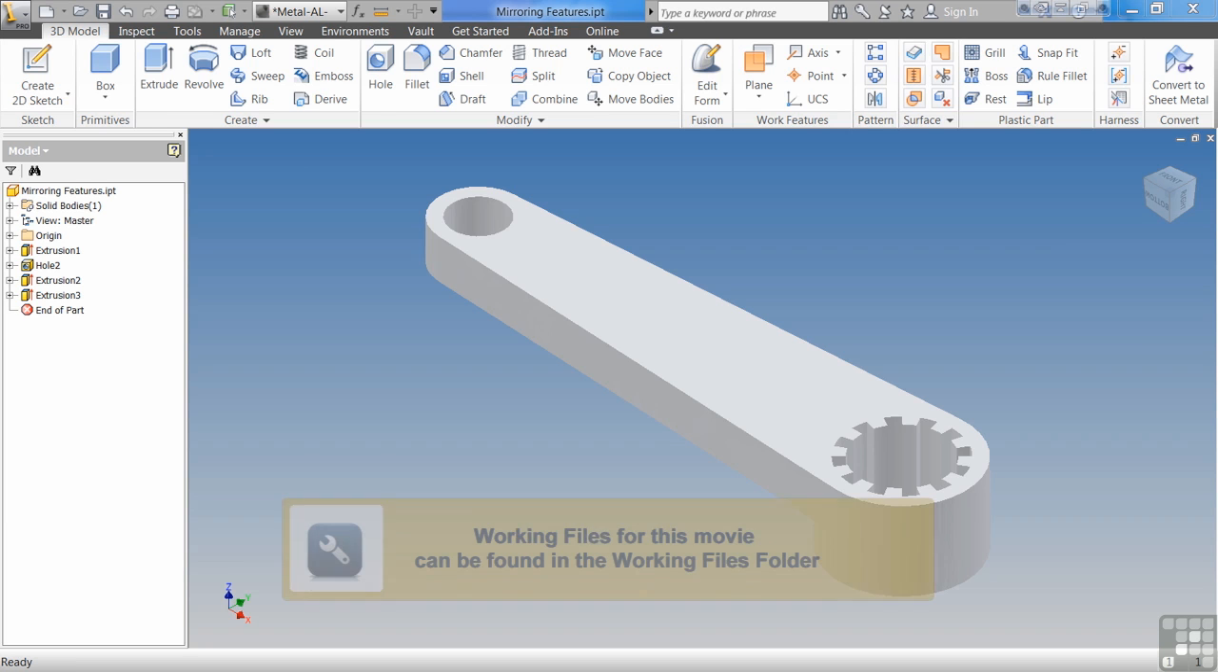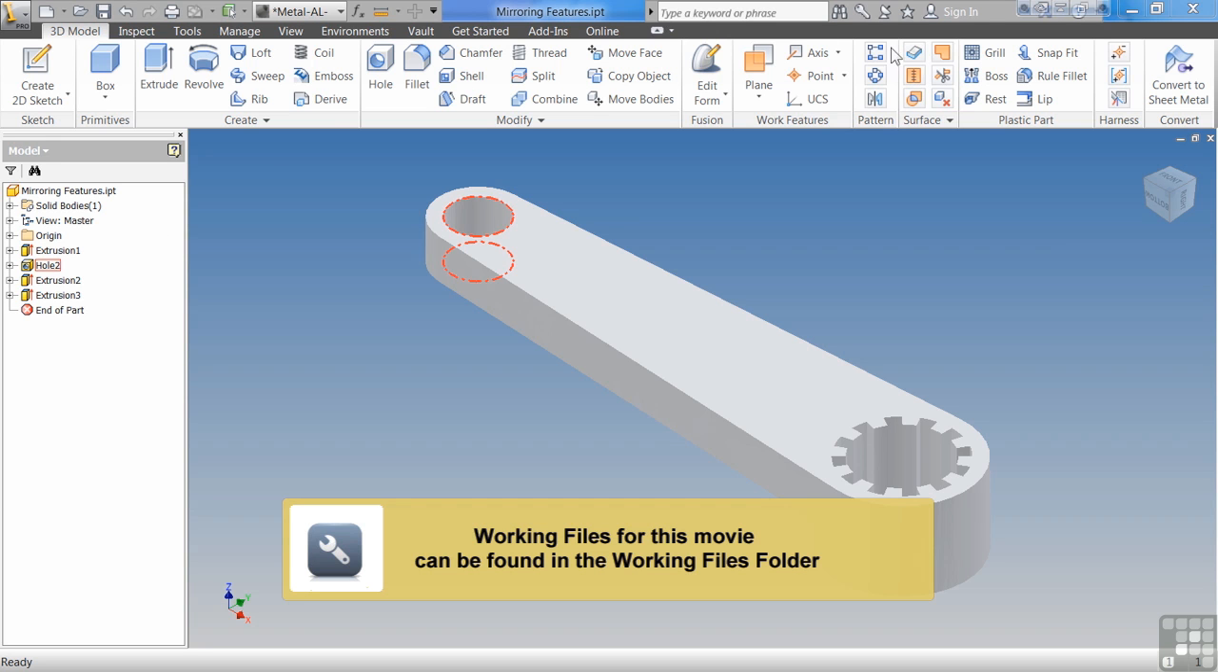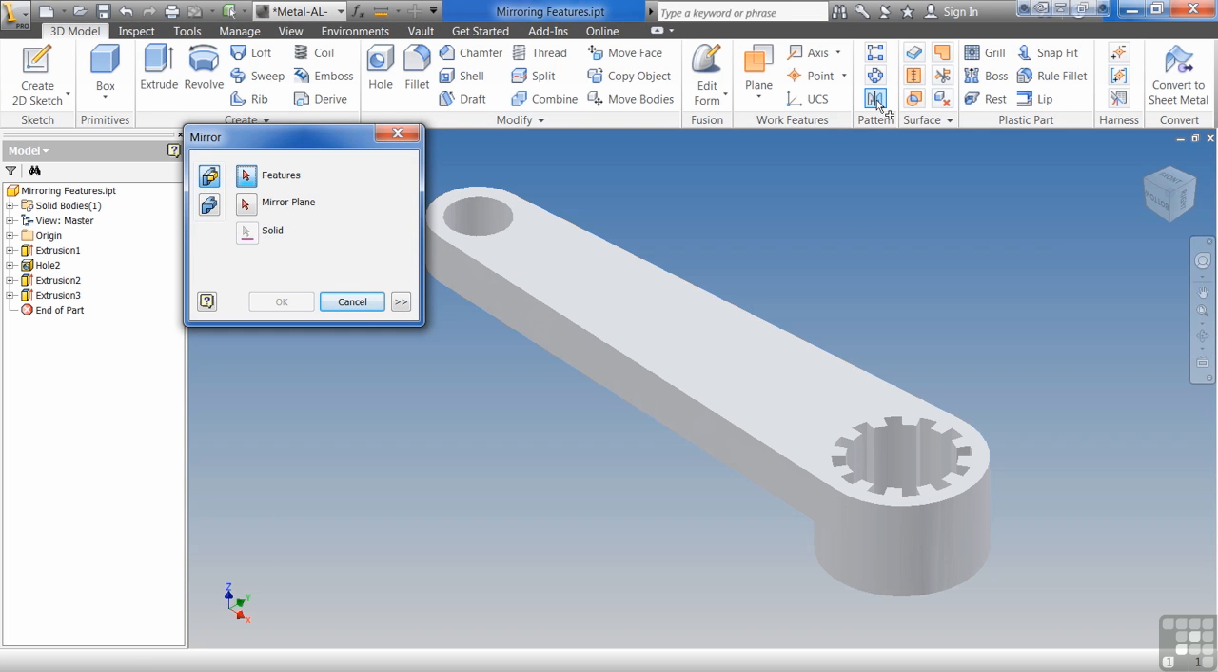In this exercise, we're going to be discussing mirroring features. Mirroring features is part of the patterning group, and it's up here underneath the rectangular and circular patterns, and we select mirror feature. As I said before, I think Picasso is credited with saying good artists borrow and great artists